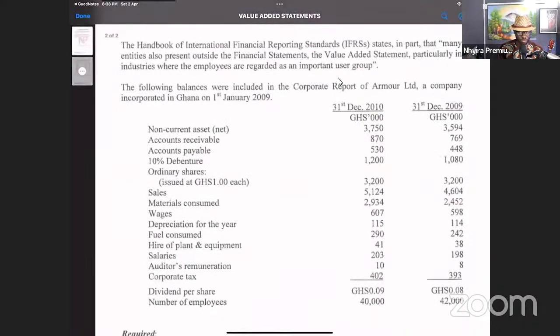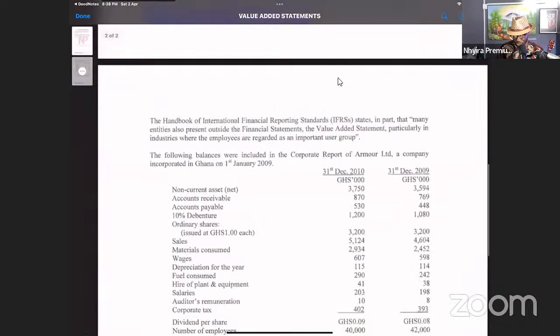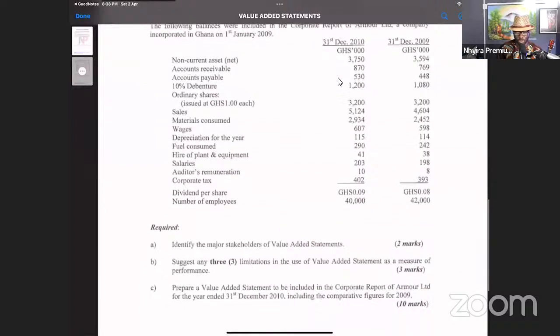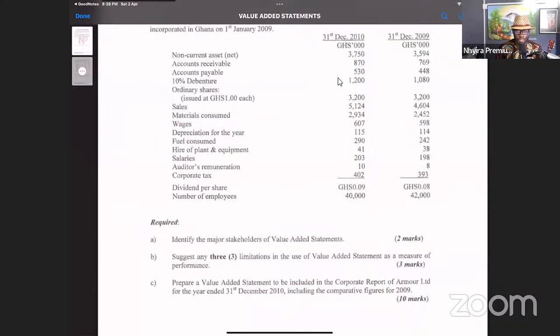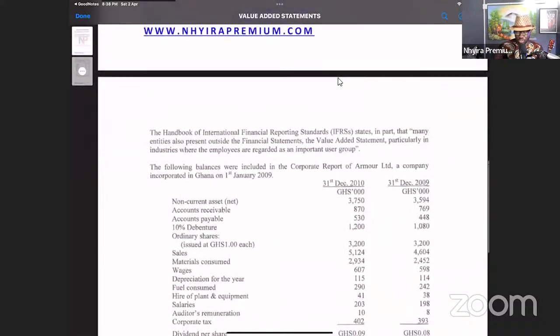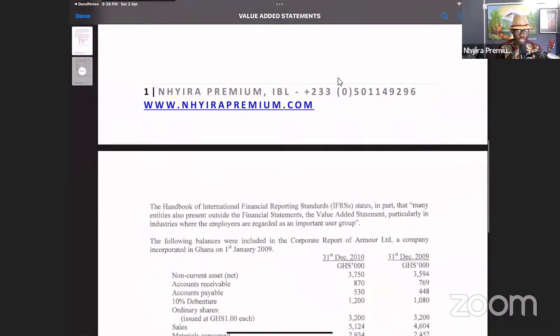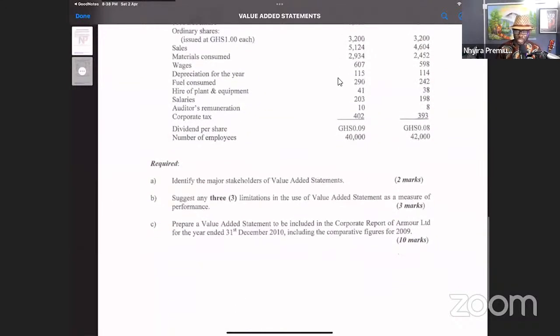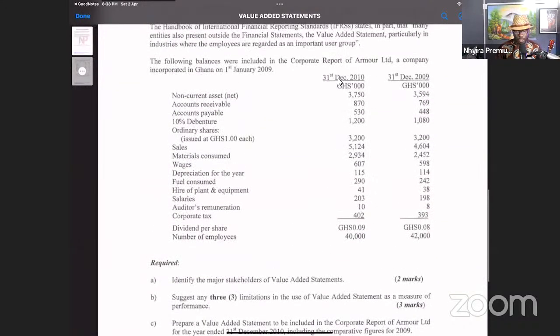And so if you watch that video, we solve this question. I'm not going to go through it, but we solve a question and then we identify the major stakeholders of value added statements. Like I said on the portal, you can watch the video on this. If it is something you are interested in, because I wouldn't have time to solve the question, we want to look at the issue about the value that has been created by the entity,